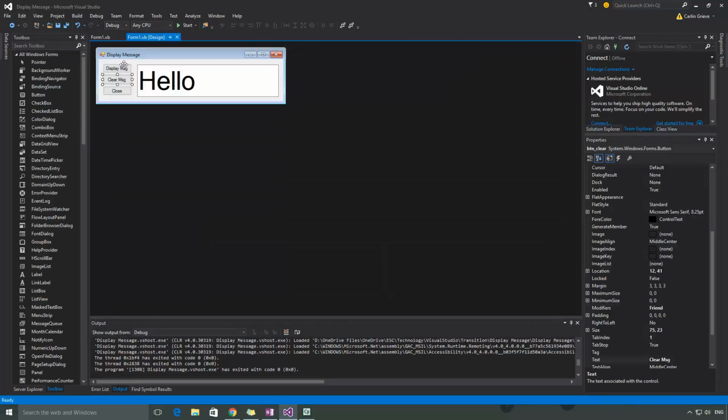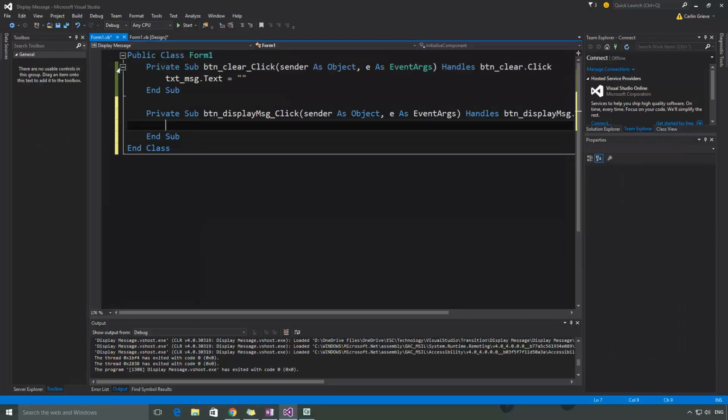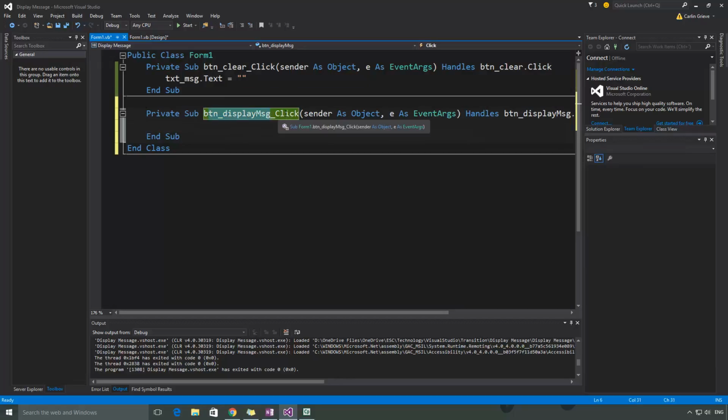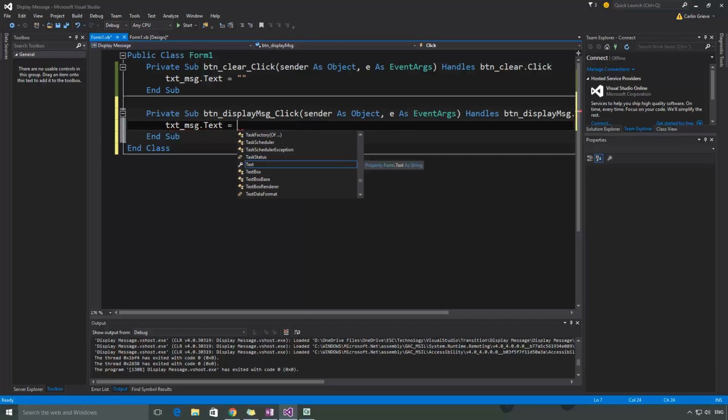The next part of this is display message. So again, I'm going to double click that, and you'll notice that I've now got my new function for the button underscore display message, and again, the click event. I want to modify that text message box, that dot text. Same thing with the quotation marks, because I do want it to be a string, and I'm going to write in that hello world